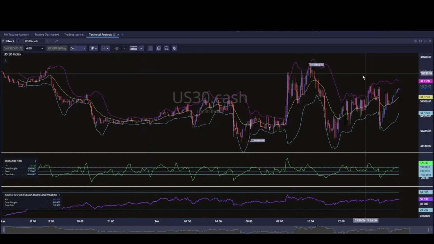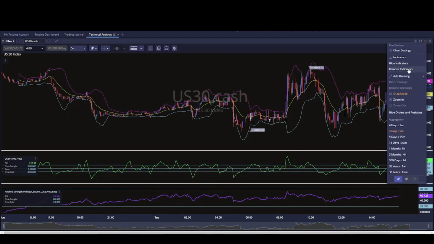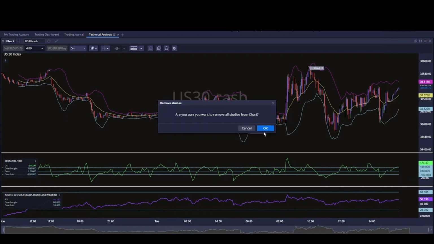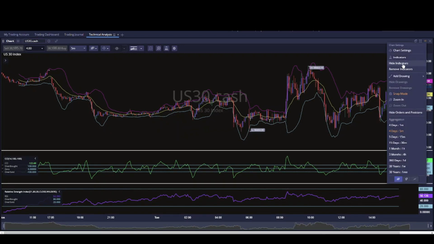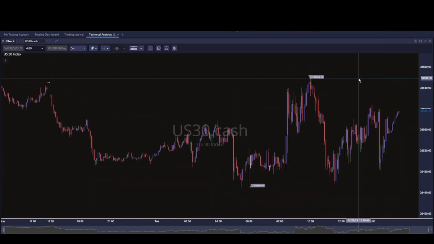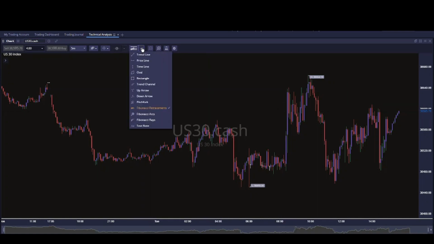While we're on this screen, I already talked about it last time. If you just want to hide these indicators for the analysis, all you have to do is click here, click on remove indicators. Oh, sorry, my bad. Instead of remove, just hide indicators. That's the goal. Hide indicators. Okay, and after whatever you want to do, now we'll go over the different drawing tools that are available